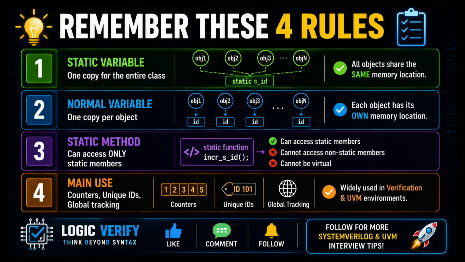Now remember this clearly. A static variable creates one copy for the entire class. A non-static variable creates a separate copy per object. A static method can access only static members. It is used mainly for counters, unique IDs, and global tracking. If you are preparing for design verification or UVM interviews, this concept is a